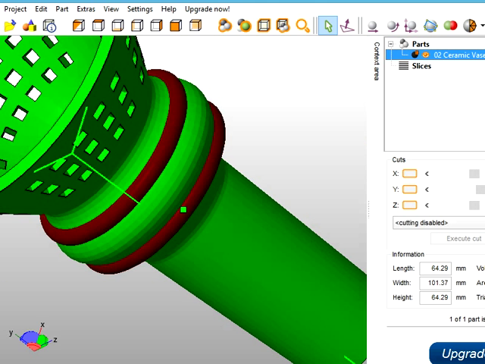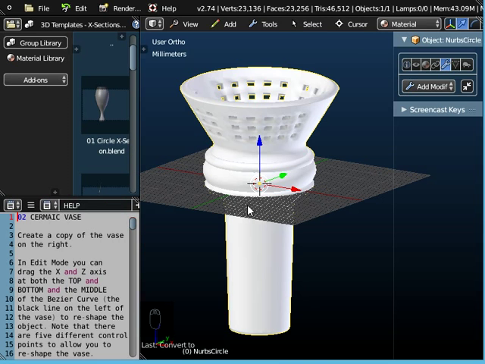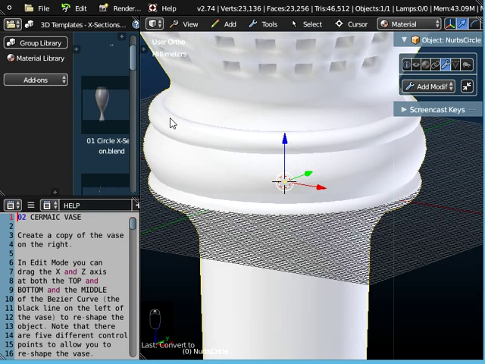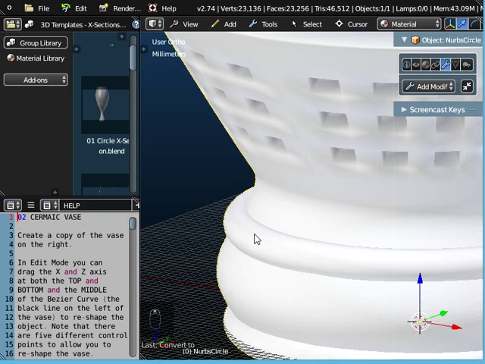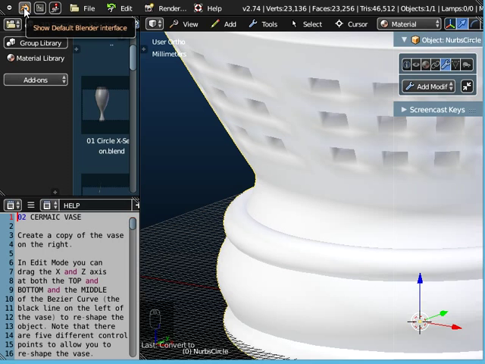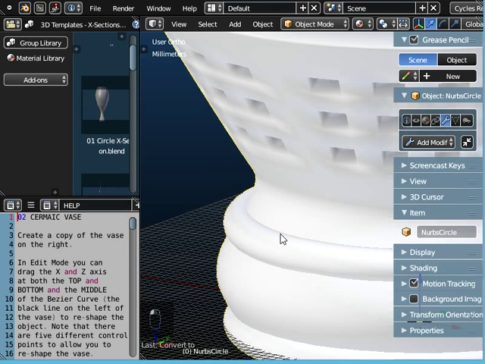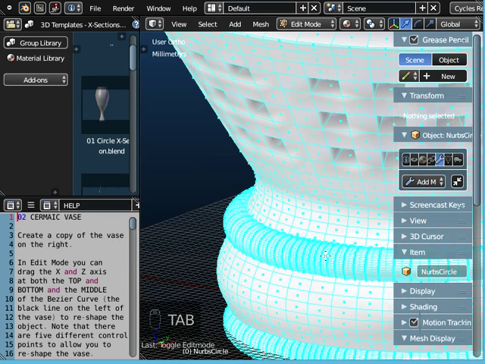Well, what's going on here? Well, if we go back to FluidDesigner, this is where the red is. These rings. Now we need to switch from the FluidDesigner menu to the Blender menu. So we click on the little icon in the top left corner there, and we click on the Blender interface. Now with the object highlighted, if we press the Tab key on the keyboard,